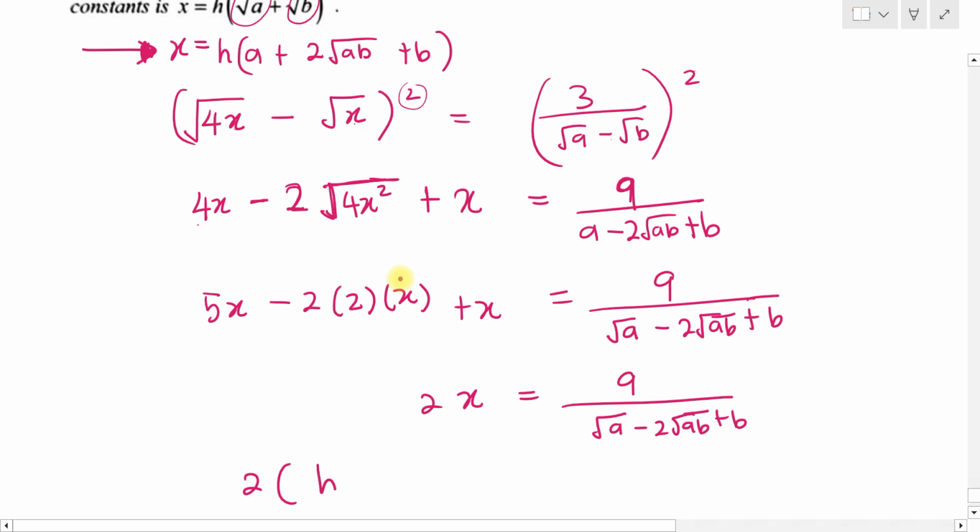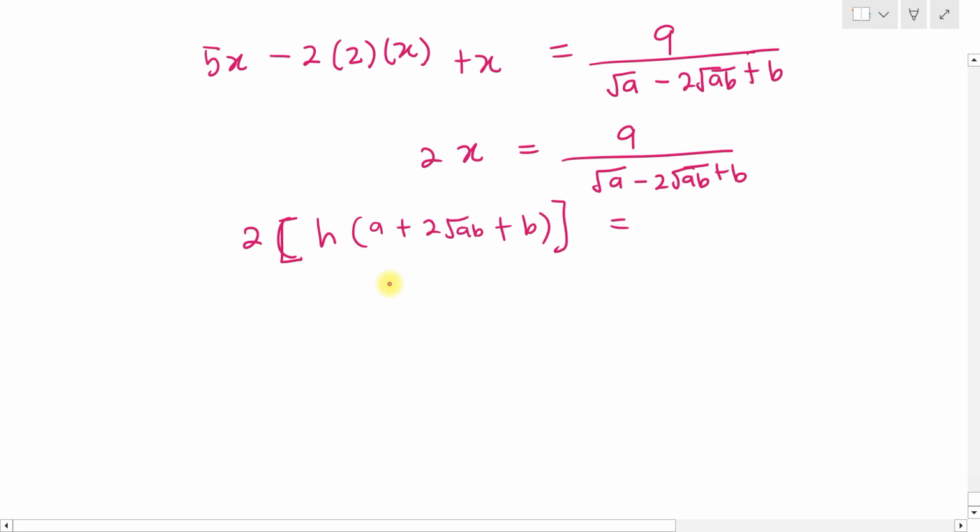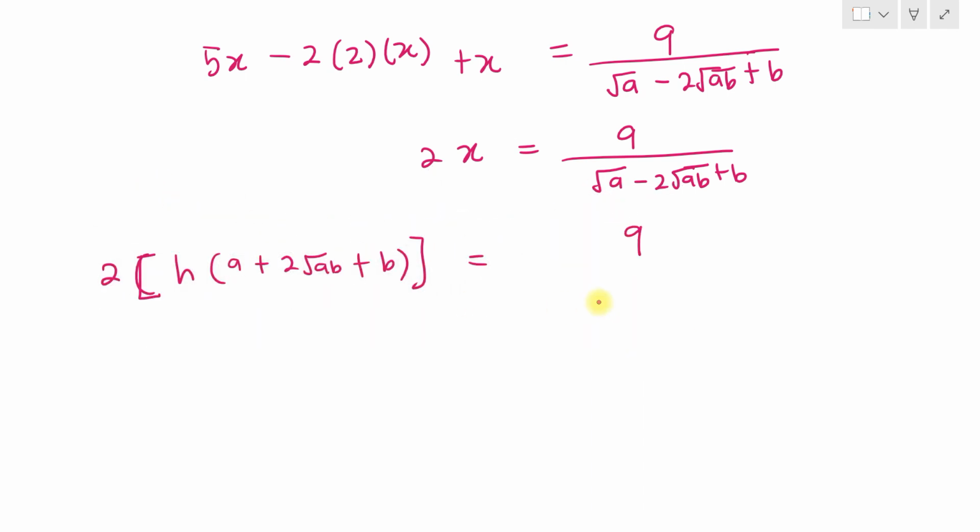h plus 2ab plus b. This is your whole x equal to, okay, equal to 9 over a minus 2ab plus b. Okay, you kena tinggalkan h sahaja. You kena tinggalkan h sahaja. Okay. Jadi